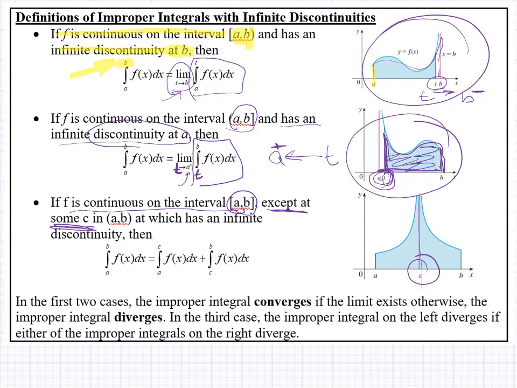So what we're going to do here is say, well, c is the problem. So we'll split this at c. We're not going to split this at some random location. We have to split this at the discontinuity. And if we split this at the discontinuity, we could do the interval from a to c, in which case